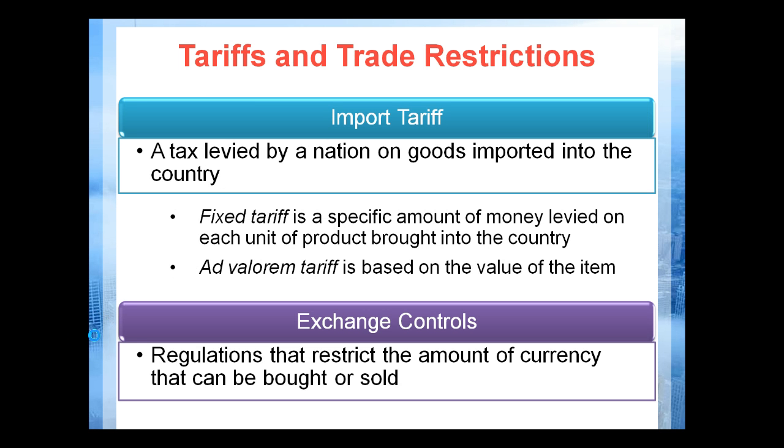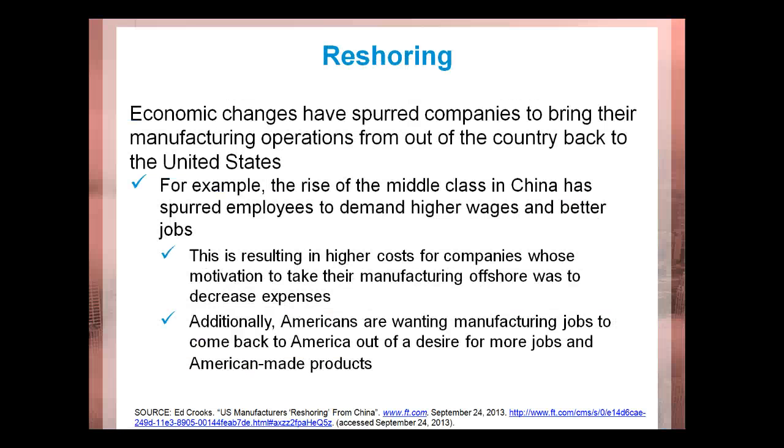Trade barriers, trade tariffs. The United States and other countries do have taxes that they levy on goods imported to the country. It's not a significant barrier depending on the organization and their willingness to pay those tariffs, because sometimes they pass those tariffs on to the consumer in the purchase price. But nevertheless, that needs to be considered. I don't believe there is any nation that will allow an import without some type of tax or tariff for those imports.